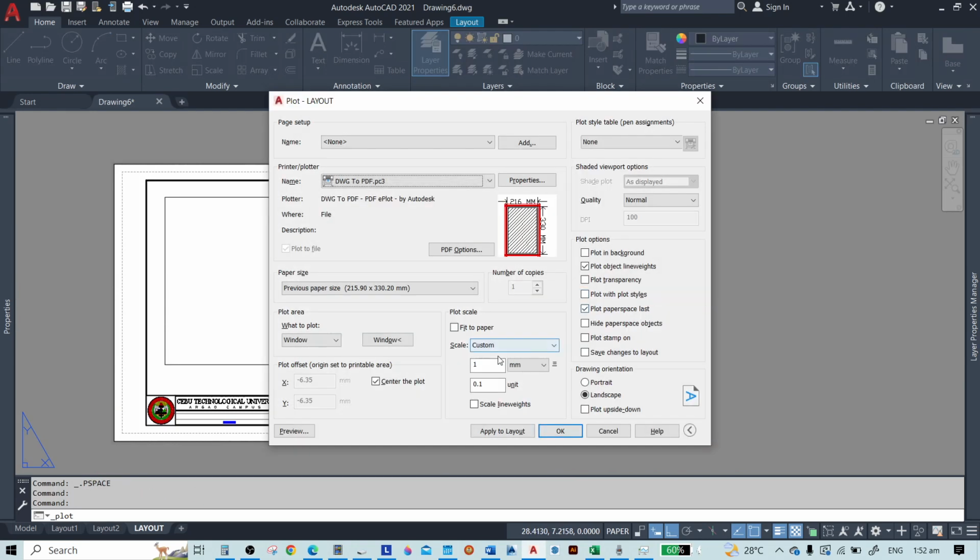So as you can see here in the plot properties or plot settings, in the plot scale, it is in custom, and here the unit is in millimeter, because of course we are using centimeter.